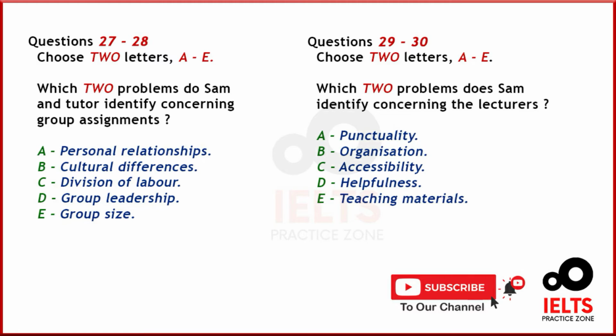Anything else? The other thing is that it can be very difficult to get to see a lecturer individually. They're all very supportive and friendly when you do manage to find them, but often they're not in their office, even at times when they're meant to be available for consultation. Okay, that's helpful. Now, before you leave,